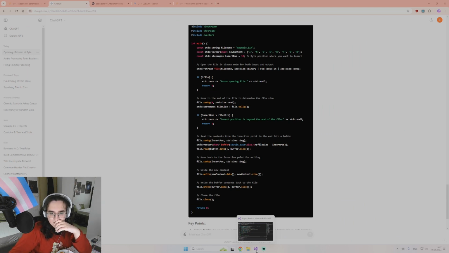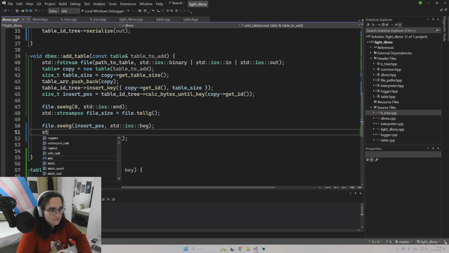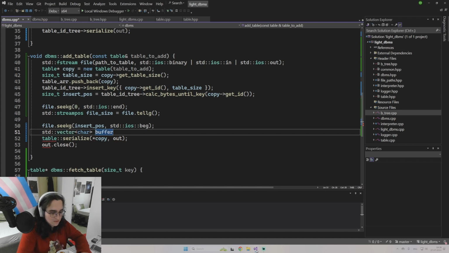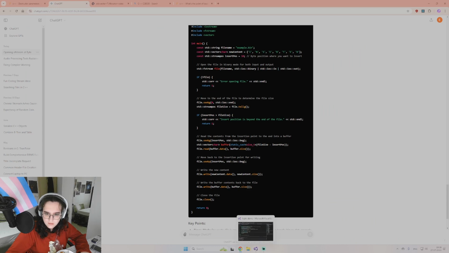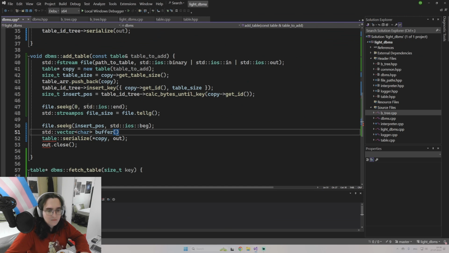Seekg. Oh no. Yeah, seekg. Okay, so now I'm at position. Now I'm reading. I should read the contents to a buffer with size, file size minus insert position. std::vector of char buffer. There was a cast there, static cast, size t. Oh, that's true. Okay, so,